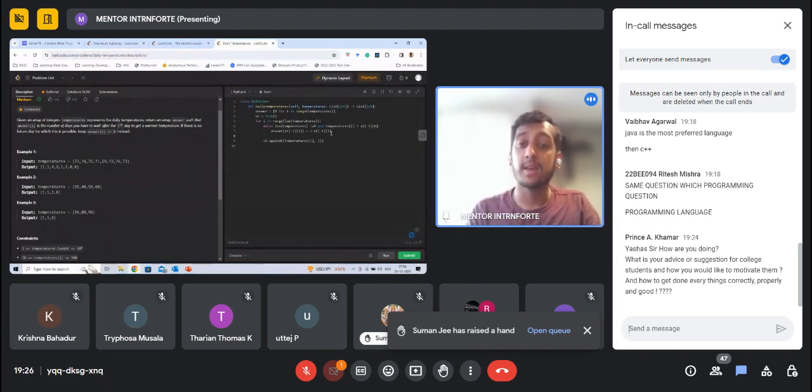And once I'm able to calculate and change the value for my particular index, what I can do is go ahead and delete that element from the stack, right? Because I don't need to keep track of it anymore, right? So I will keep looping through, and as long as I keep finding warmer temperatures than what is in the stack, I will update the answer array, right?